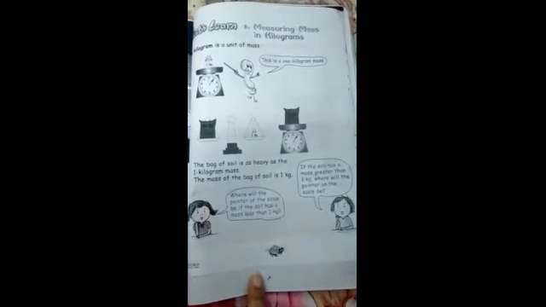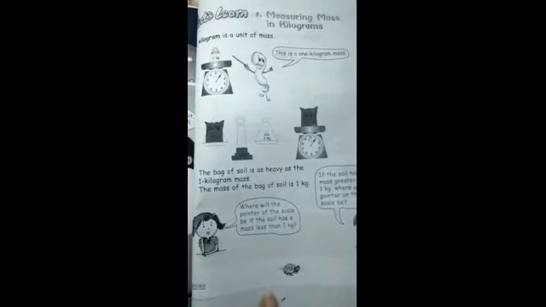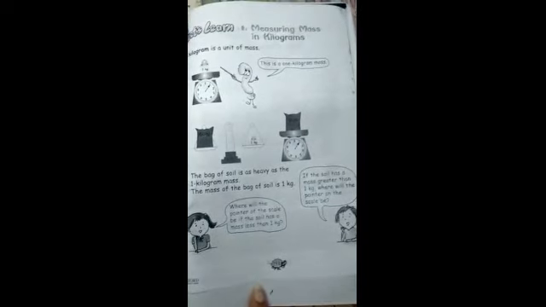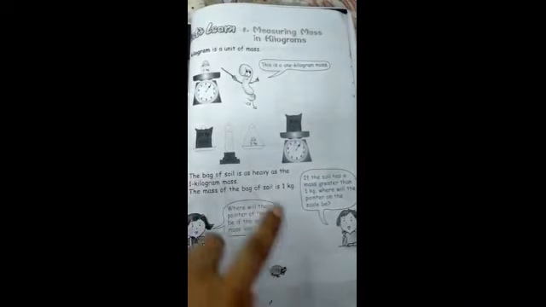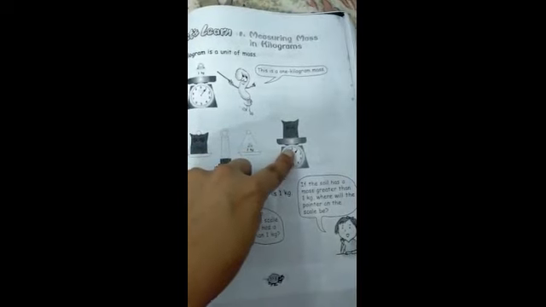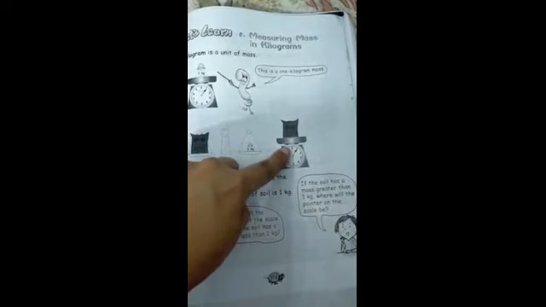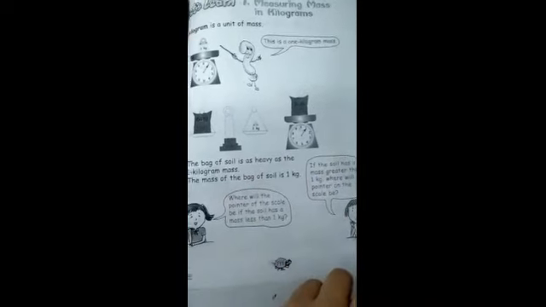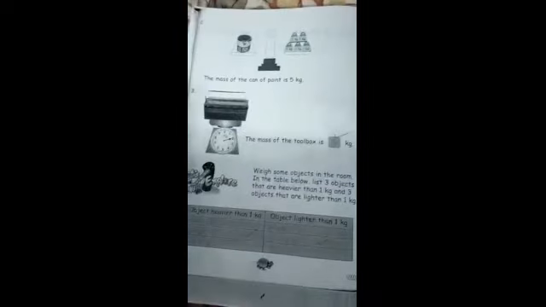There is a second question. Where will the pointer of the scale be if the soil has a mass less than 1 kg? So it's already 1 kg, so definitely the pointer will be back from 1. It can be between 0 and 1, less than 1, anywhere. Okay, page 219, turn your page.